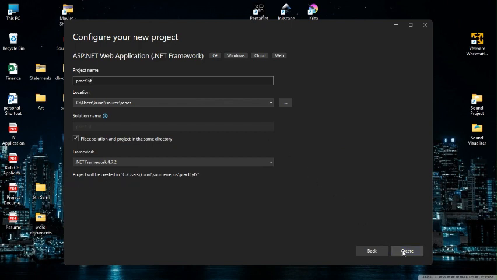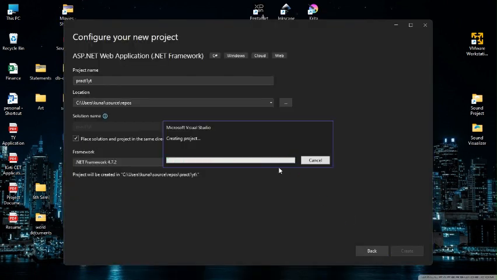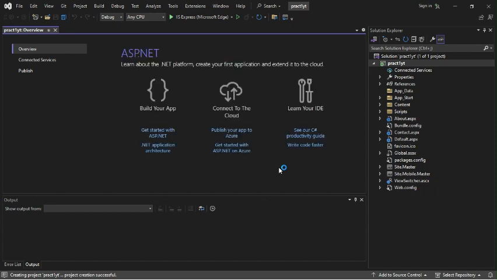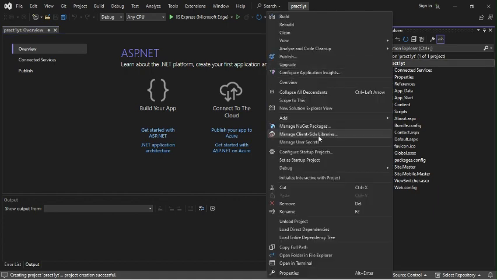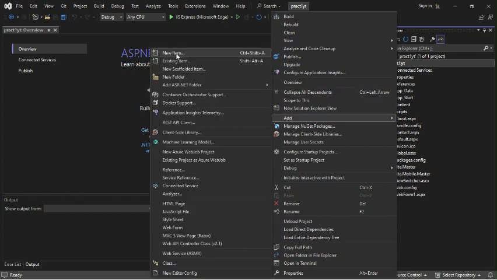Create. Click on web forms and create. So your project is created. Right click on your practical one, your project name, add new items,